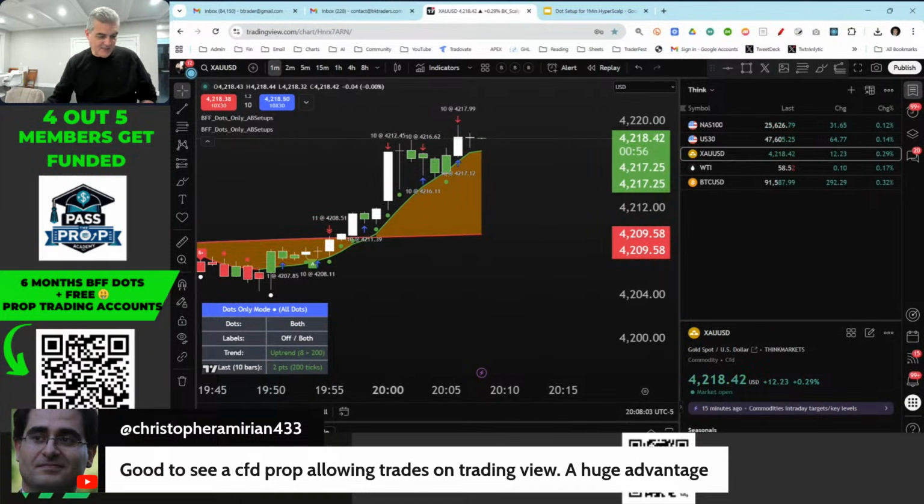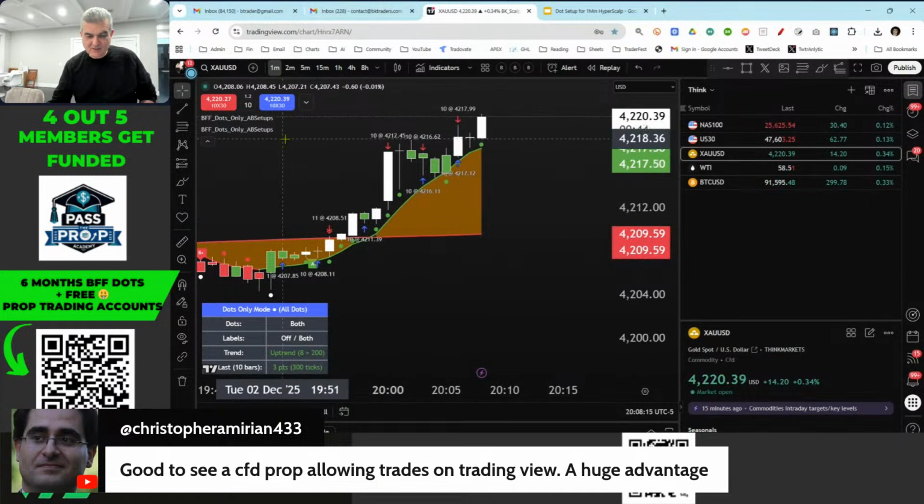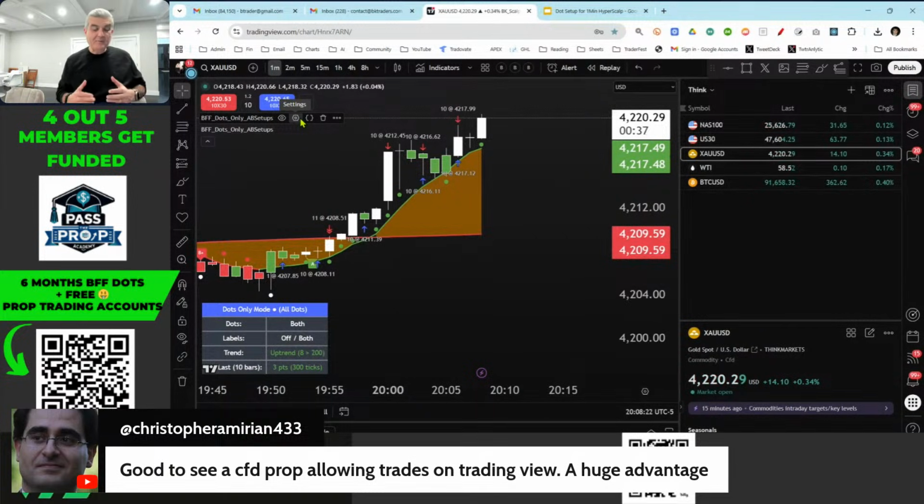Has the indicator changed? We need to update it on TradingView. I did not remove the Christmas tree. The Christmas trees are simply turned off, my friend. They're all there. When I change the indicators, I add things. I never remove things. So everything is just suppressed, because the version we're trading right now is the hyper scalp version. It's the 1 minute chart. It's like 10, 20 trades into a session, because I want everybody to get as many quick trades as possible to learn the setups. And also it's a lot easier and more fun to do quick trades.